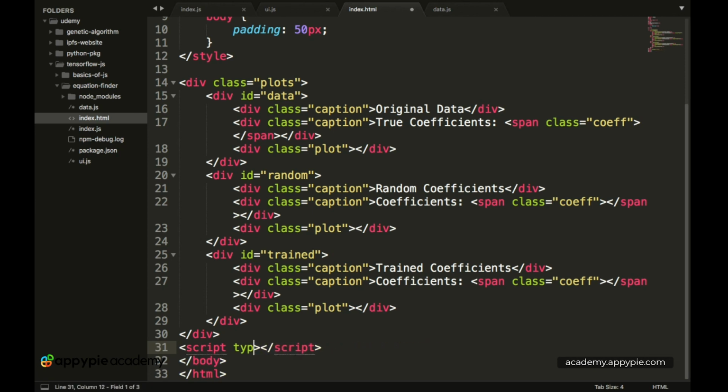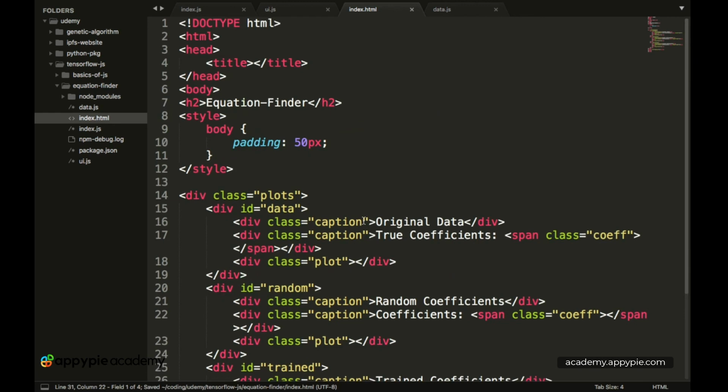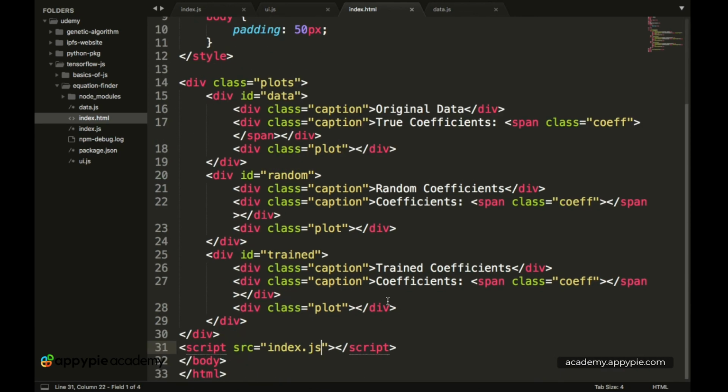It is okay even if you remove this, and we only have source, and source is basically index.js. Okay, so now by this we have basically completed the HTML method, and in the next lecture we'll cover the styling of all of these elements.